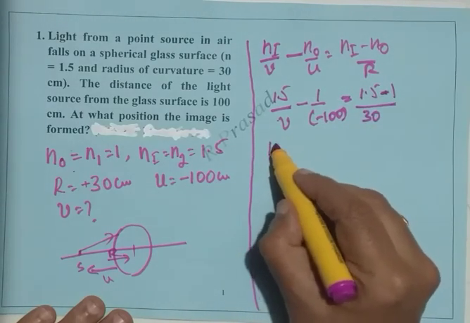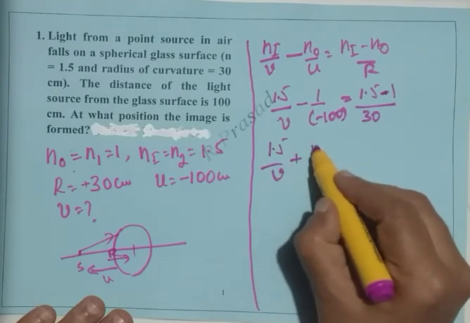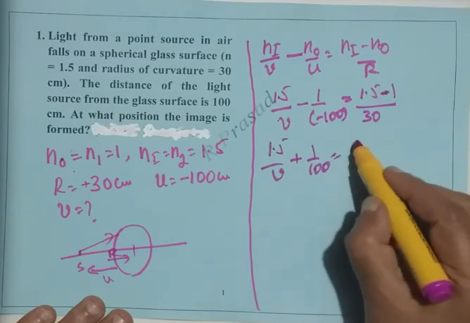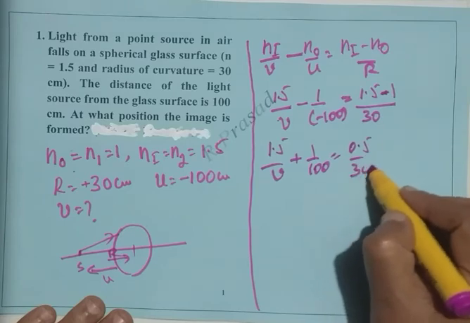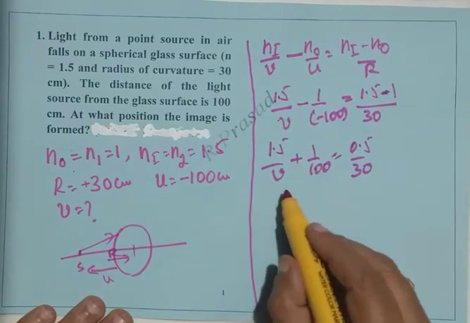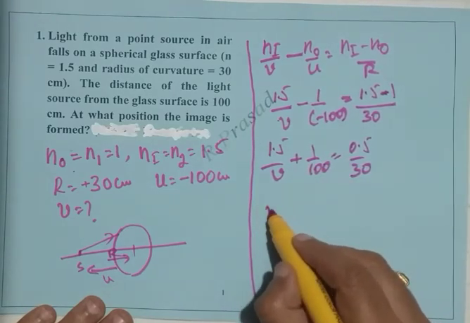Say that is 1.5 by V plus 1 by 100 equals 0.5 by 30. If we simplify this, we get V as